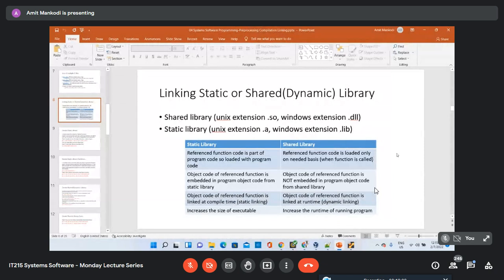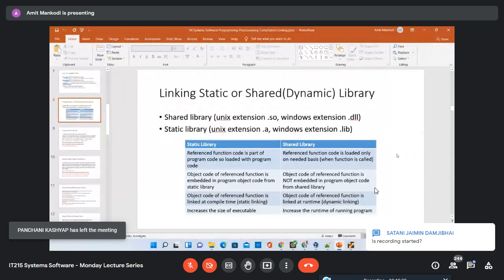Now, we said that we took help of one of the standard library functions, power, and we also had seen how to link the library at the time when you are generating an executable file, because the library is not by default linked at the linking step.